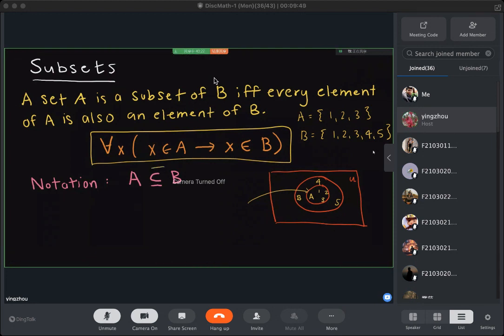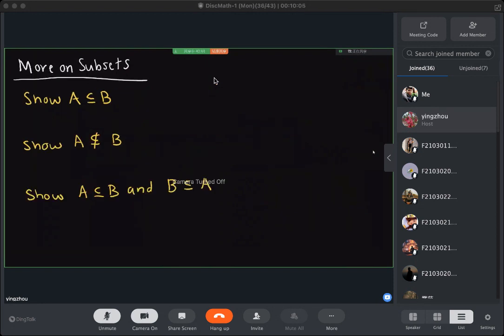And then this is the notation that we would use. So I want you to think about this as A is less than or equal to B, essentially saying everything in A is in B, and maybe they're exactly the same, but maybe they're not. So a little bit more on subsets. If I'm going to show that A is a subset of B, essentially I have to show that every element